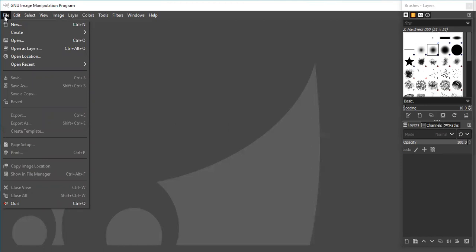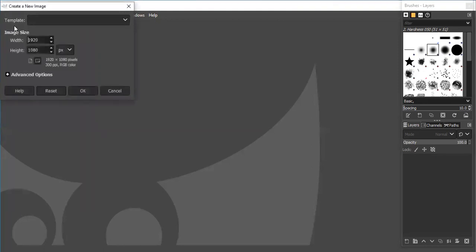In order to create a new image, that means a new window, what will we do? Select New. It will ask for the width and height. In images, the width and height are measured in terms of pixels, children. All the measurements will be done in terms of pixels.